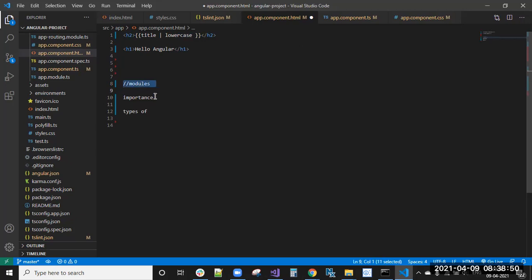So why do we use modules? The first one is code maintenance. If you are writing the code in modules, then code maintenance will be very easy.